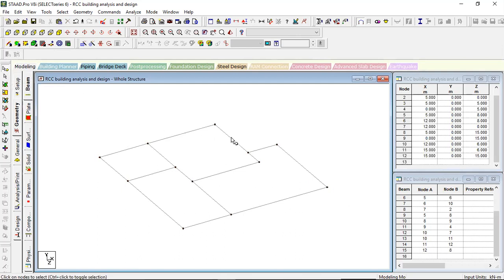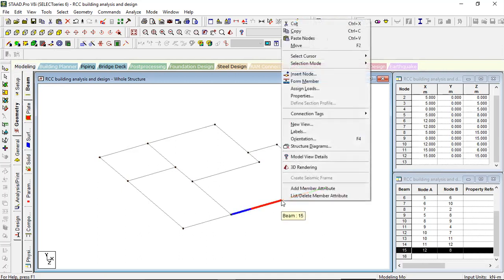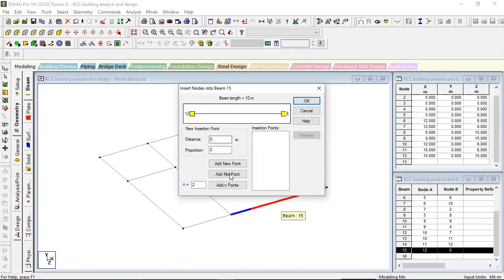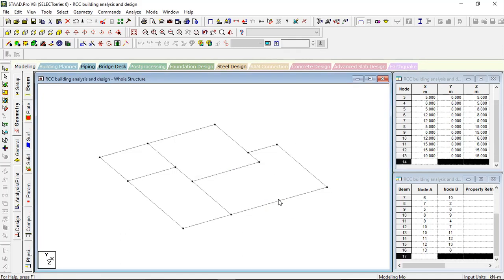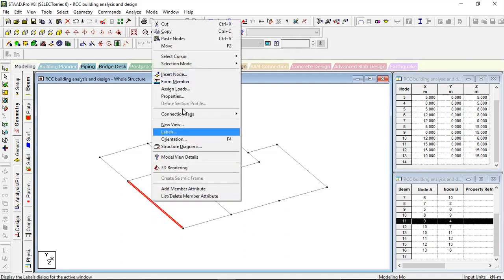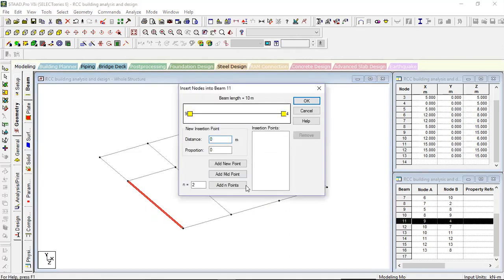What we will do, we will select this beam, and I will make, oh it is fine. Here we need one more column, insert node at a midpoint. Okay, so I got one more node. For any large spans, this is fine, we will provide one more support at mid span. Insert node option, mid span, click OK.